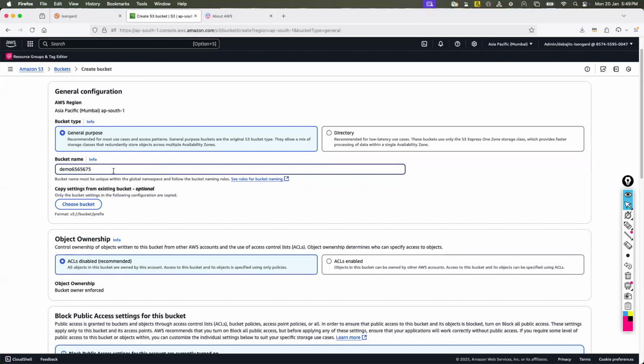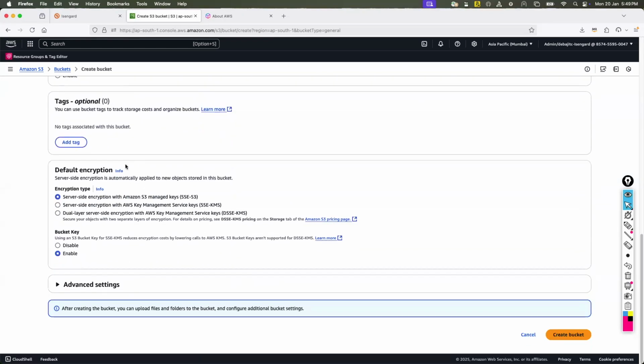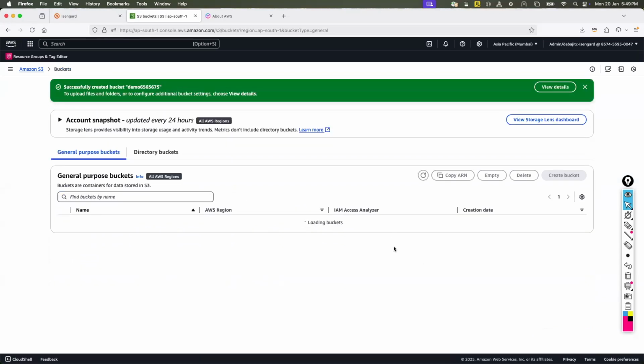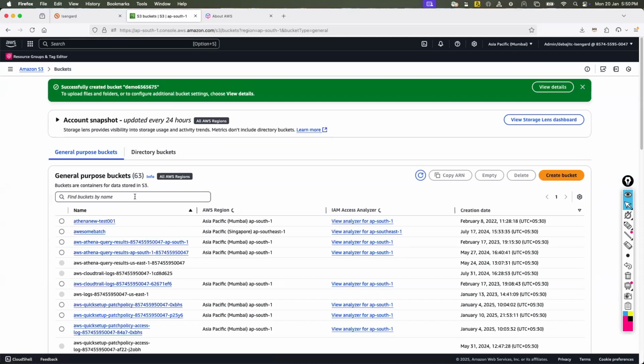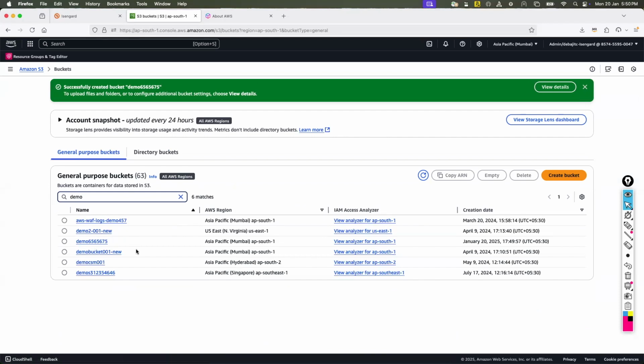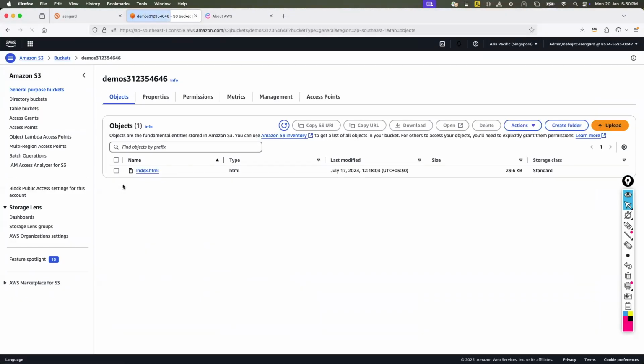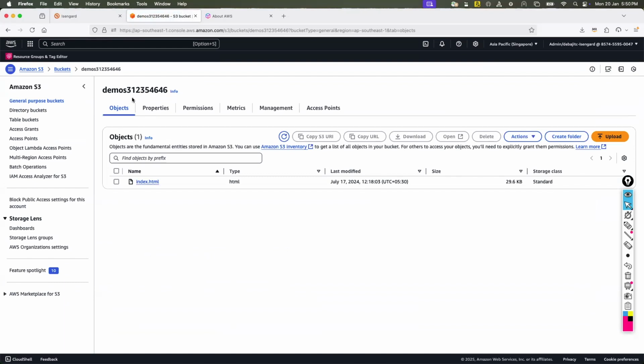So for the bucket name, you have to give a different name, and then if you scroll down all the way through here, simply create bucket. The moment you create the bucket, the bucket gets created. These are all different buckets that I have created for different batches, different testing labs, etc. So let's assume that's my bucket. Just click on that, and here you can simply upload your documents. This is not a bucket I created today, but anyway, you understand.